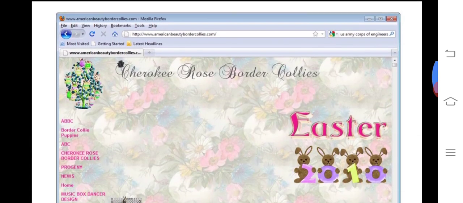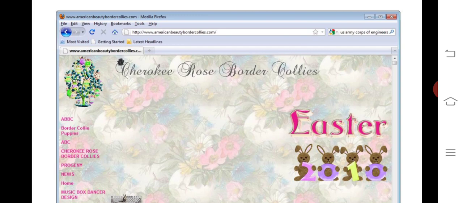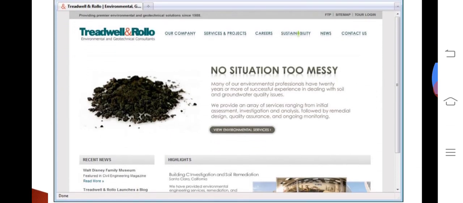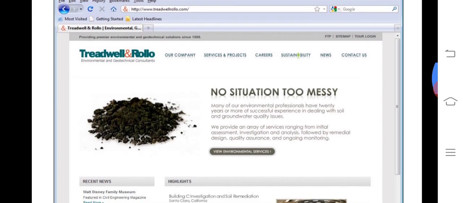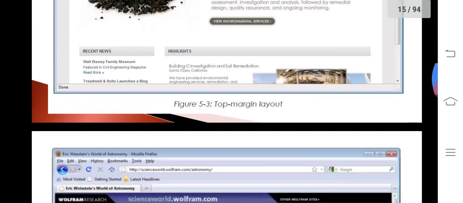So, different layouts. This is one of the layouts, where the left-hand buttons are there. It is one type of layout. You can run this layout using Google Chrome or Firefox browser. Here is another layout of the web pages. Here the buttons are on the bottom side. So here, top and bottom, you click on the information and automatically you will get the information.